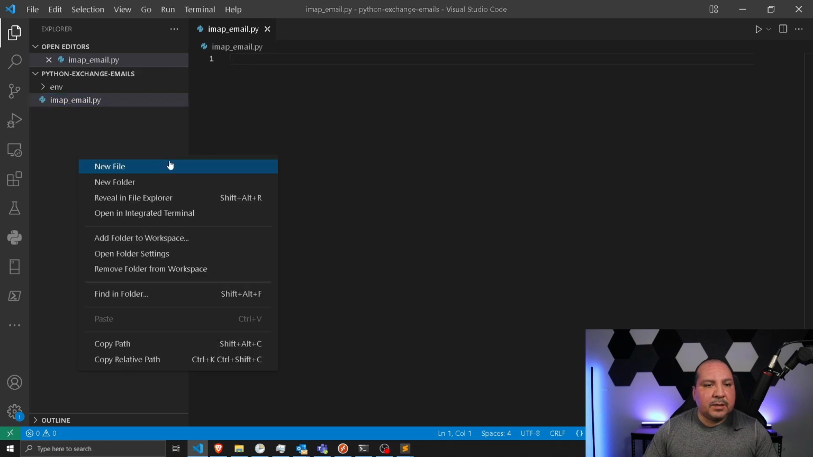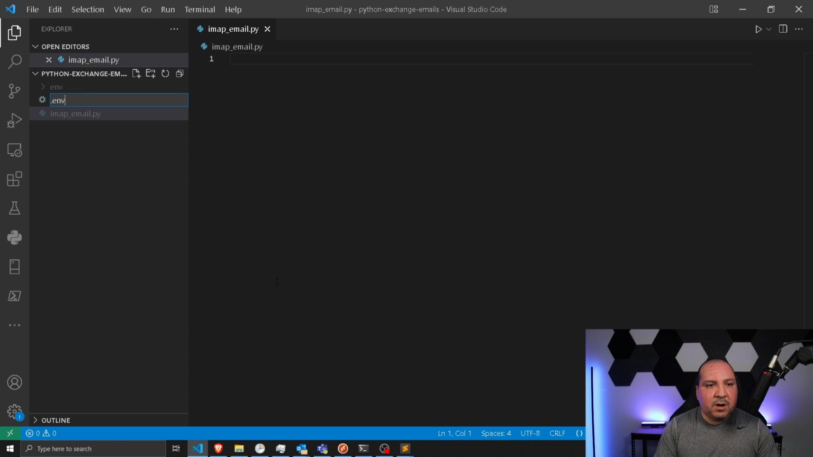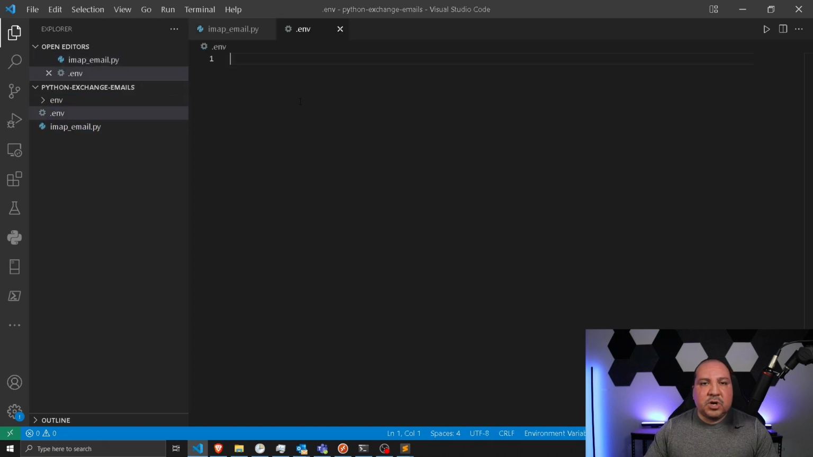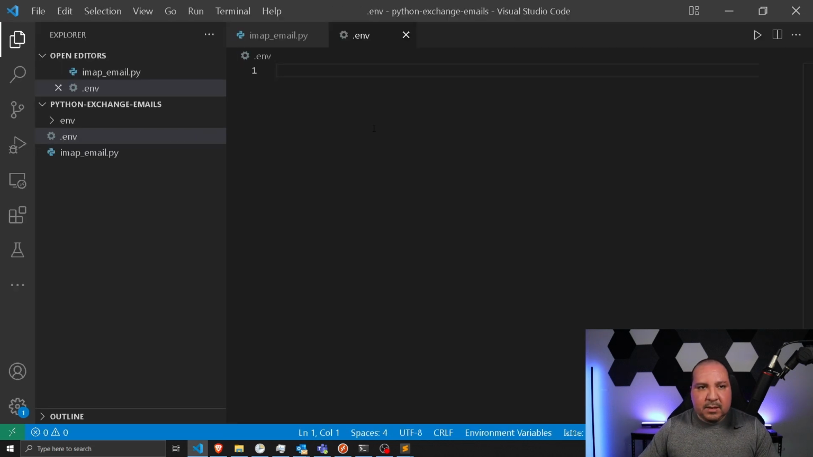What I'm gonna do next is let's go ahead and create a file, and I'm gonna call this .env. I'm gonna show you an example of the format structure that it needs to be in. Let me make sure all of my text is in a good size where it's easy for y'all to